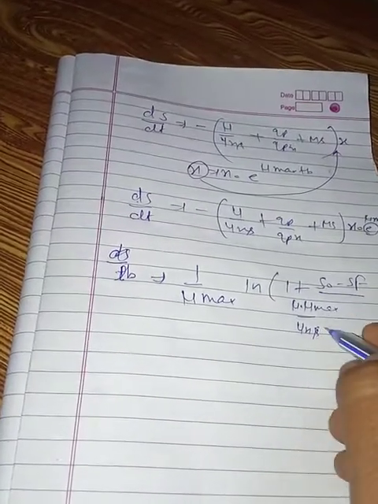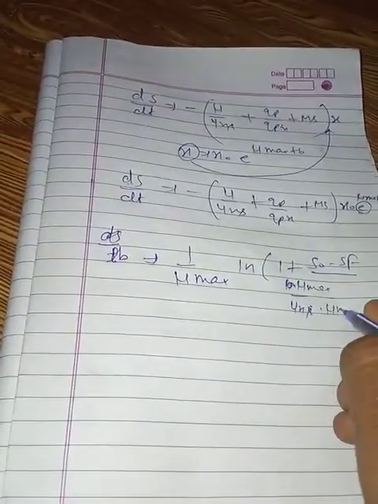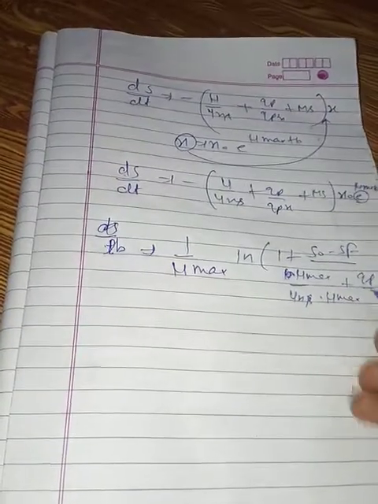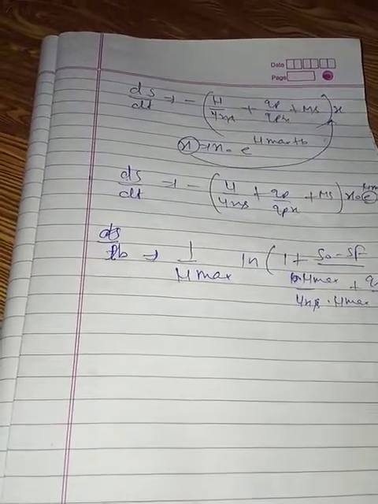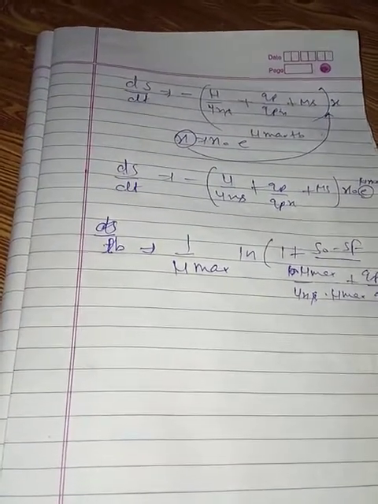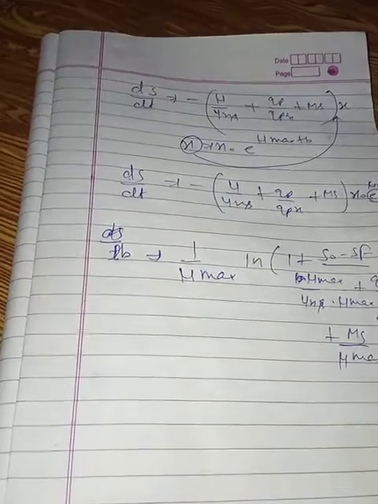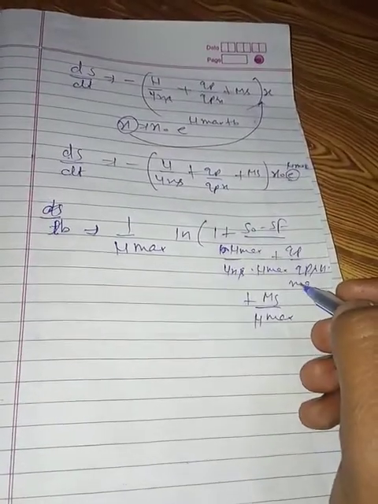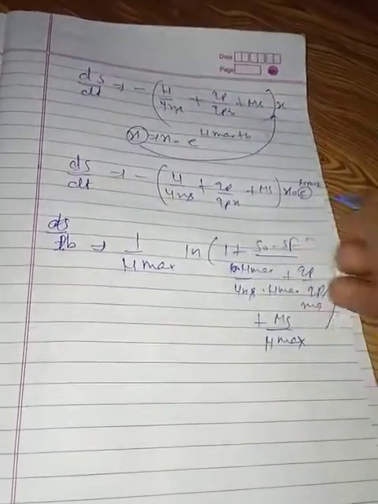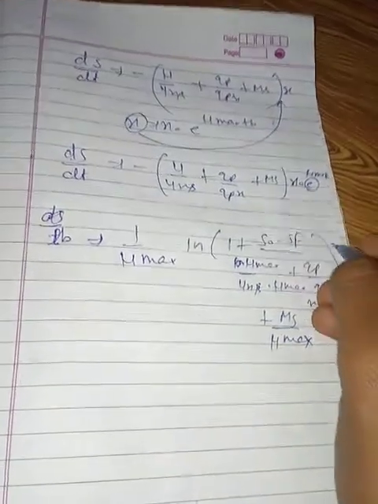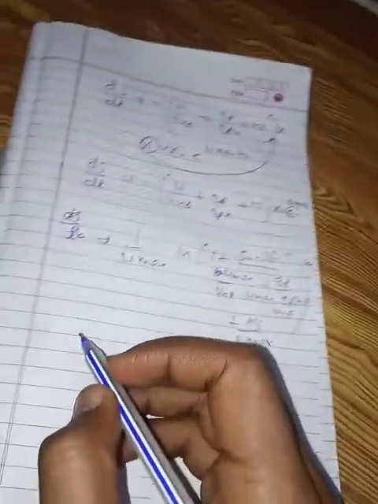Okay, this is mu max, plus qp upon Yp/x. This will be mu max again, mu max plus ms upon mu max, plus ms upon mu max, and this x naught will come here. This x naught will multiply to the whole equation. Okay,